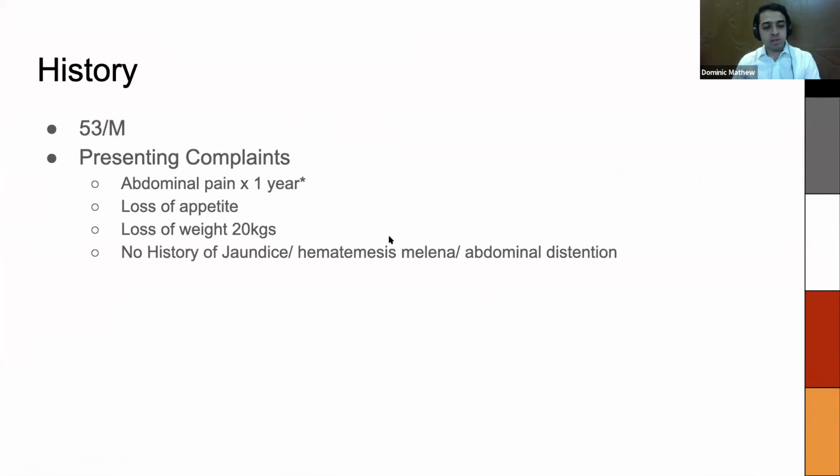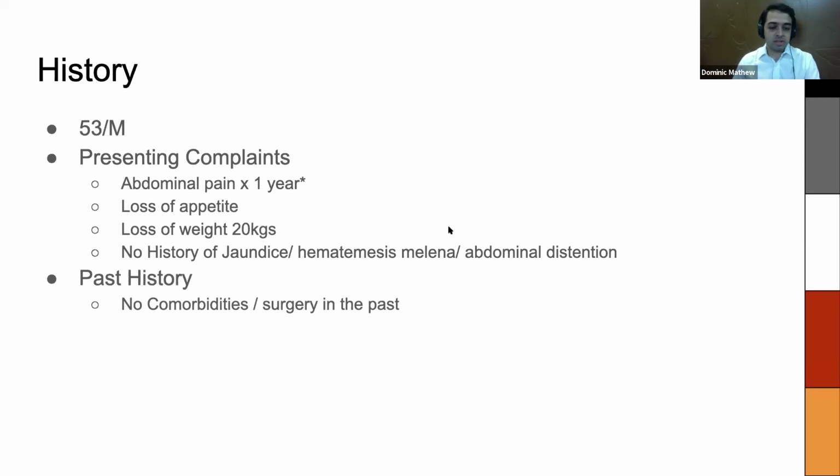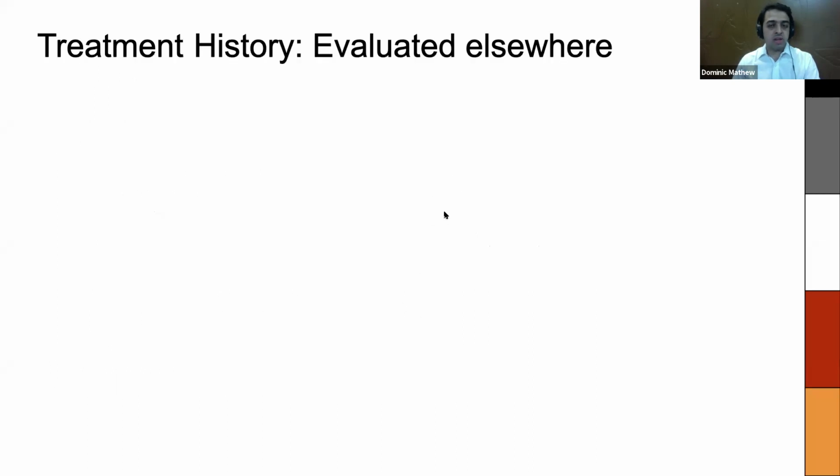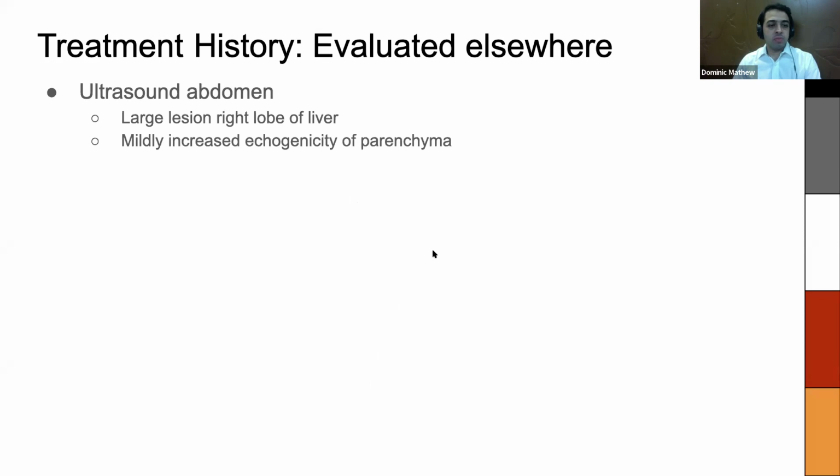He has no history of jaundice, hematemesis, or melena, no abdominal distension. He has no significant past history and no history of surgery in the past. He has no past history of jaundice. He has no family history of malignancy or liver disease. He has no personal history of alcohol intake. The patient was evaluated elsewhere. An ultrasound abdomen was done, which showed a large lesion in the right lobe of the liver with mildly increased